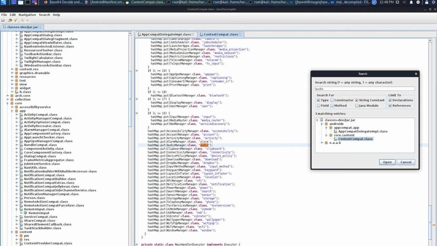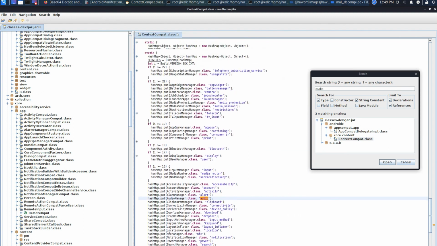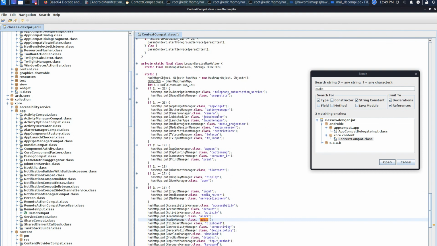Yeah, here we can observe. This is the thing I'm looking for. This is a hash map. Usually hash maps are used in Android to carry the data. For example, we saw the socket previously. So if you connect to the socket, what all are the data you want to transmit? If you want to transmit from the victim device to the attacker device, he will be using hash maps. Hash maps are generally used for these scenarios.